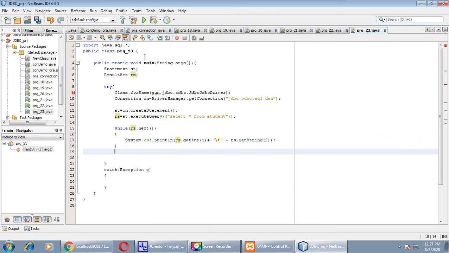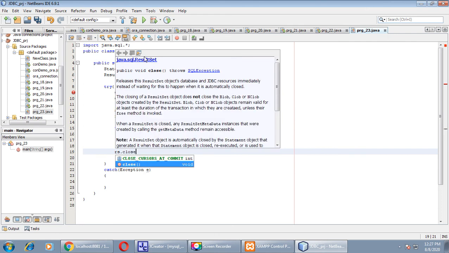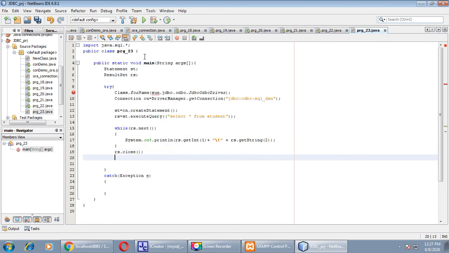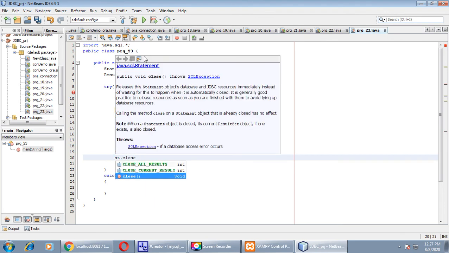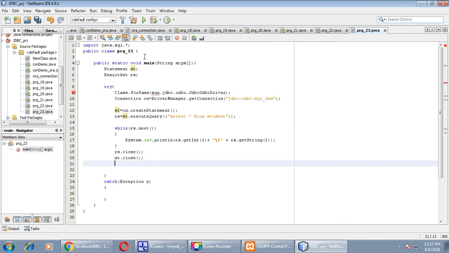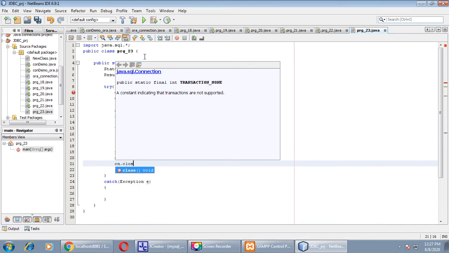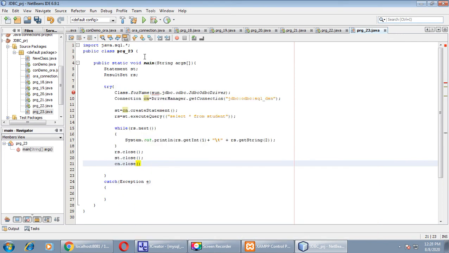Now exit from the loop, close the connection. rs.close will close the result set first, then we will close the st.close, and finally connection.close to close our database, right?